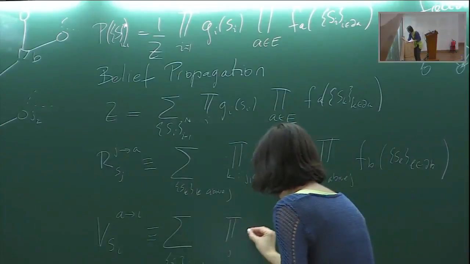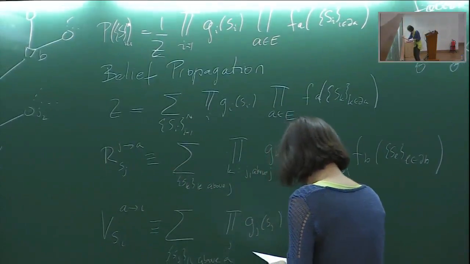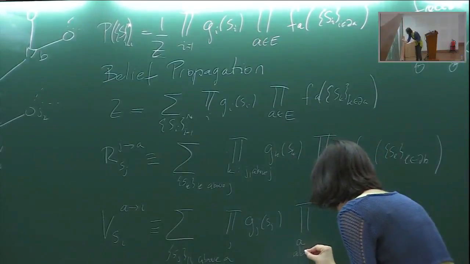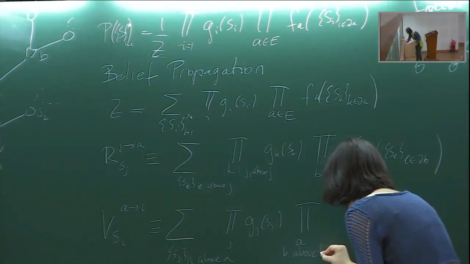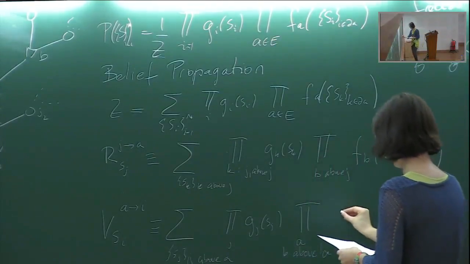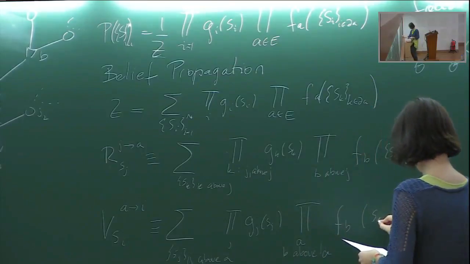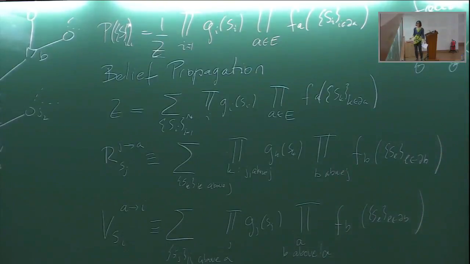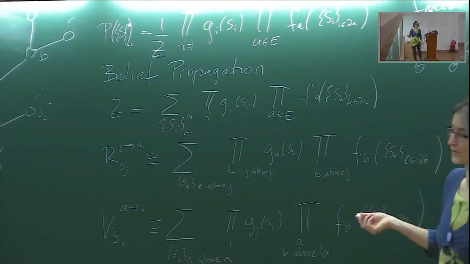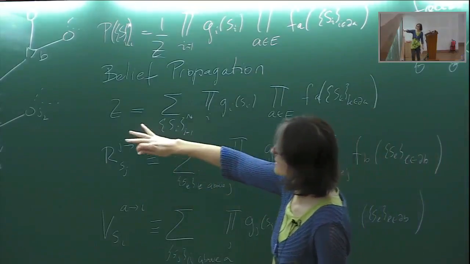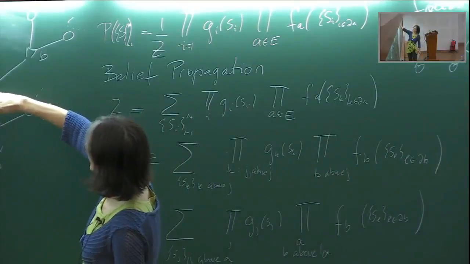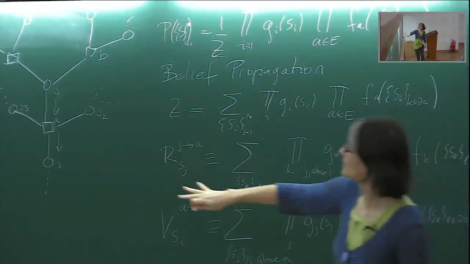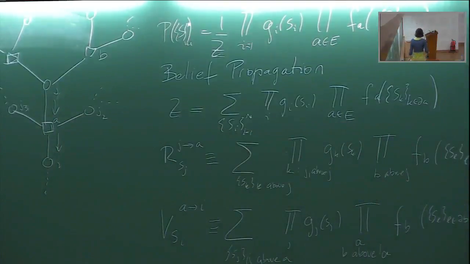So g_j(S_j), and here I do product over A and everybody above A, and b above A, of, again, f_b(S_l), which is in the neighborhood of b. So the notation probably looks very heavy, but the philosophy is that these are just auxiliary partition functions, defined disregarding everything that is somehow below this arrow. And I define the one from J to A and the one from A to i.